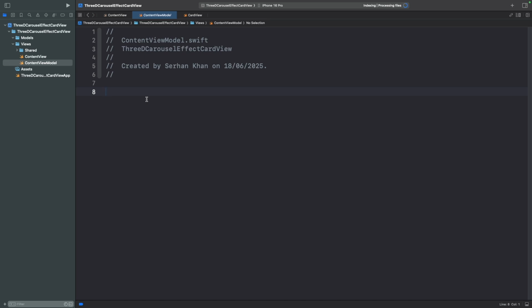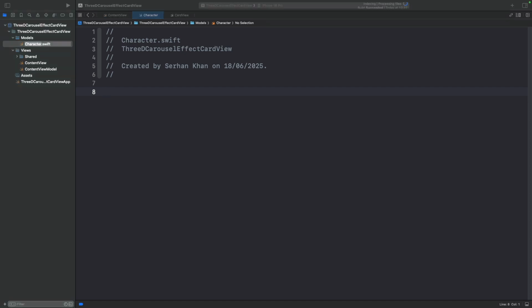Obviously, it's not very important at this point, but I wanted to have this view model to return the data from the view model. Let's create our model as well. It's going to be named character.swift. Okay, so we are going to also include the foundation here in order to be able to use